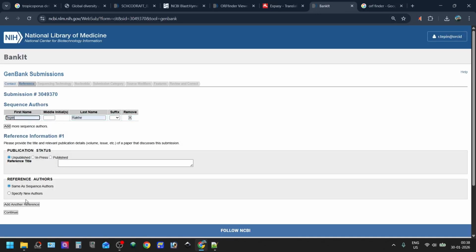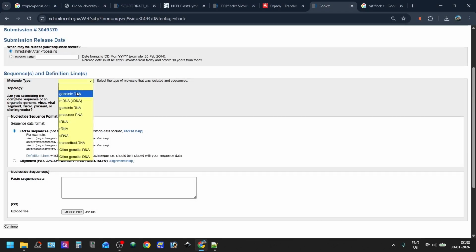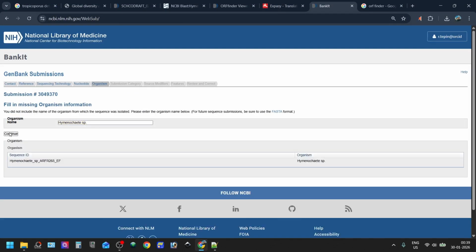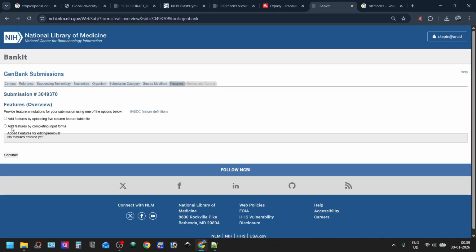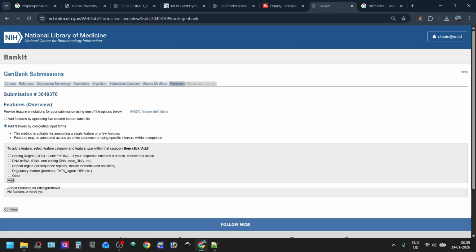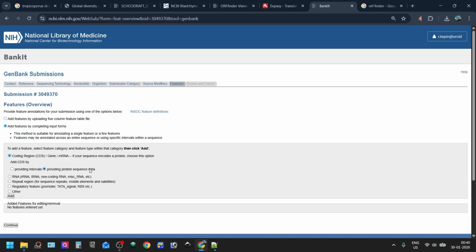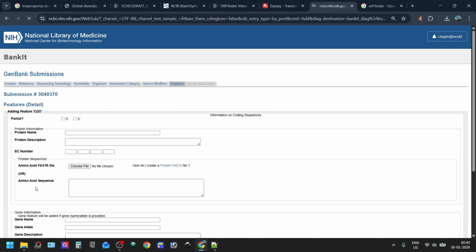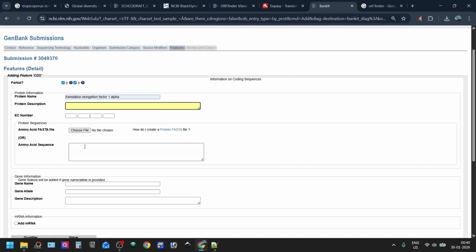Fill in all your details. And in here you have to choose coding region and provide protein sequence data. Providing protein sequence data, you have to choose this one. Press add and you have to put the name of your protein coding partial. So I have both 5' and 3' partial. Describe your protein here, and here you can paste the amino acid sequence,